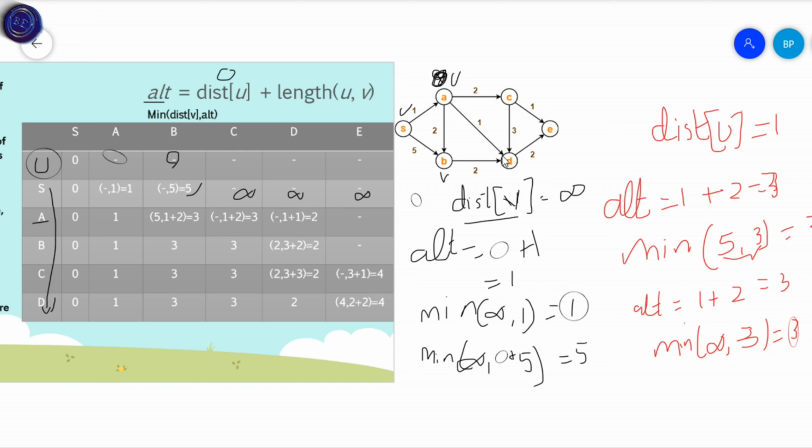After that A to D, what is the minimum distance? It is 1. What is the cost of A? Its value is 1, and the distance from A to D is 1, so the total cost becomes 2. So here I copied it as 2. From A to E there is no direction, so its value becomes infinite.